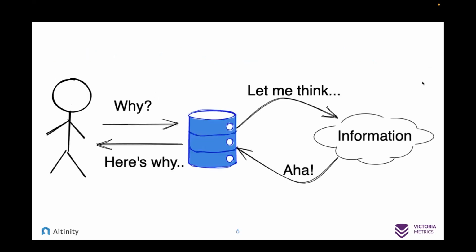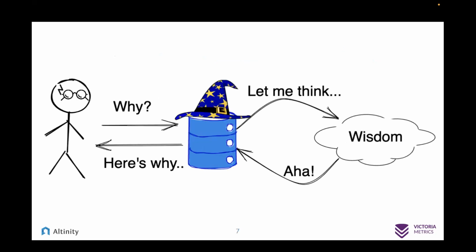Okay, systematically, it looks like this. In the middle, you have some blue thing, which accepts whys from you. It gets access to information, does some processing, and provides you a response. If you want a metaphor, it is something like a mysterious wizard which has access to the wisdom. This wizard knows everything, but he will respond to you only if you ask the correct question. And there are actually many wizards